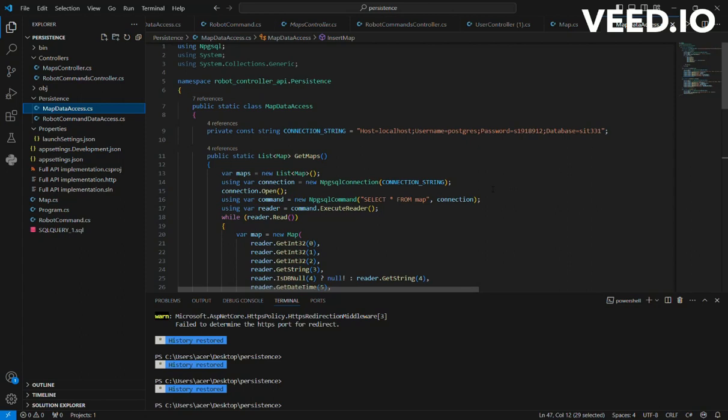Now the reader variable reads all the values of the map stored in the command variable. I have set up a loop to read all the properties or parameters of the map object. Then I have added this map into the list of maps and the list is returned in the end. Now similarly for the next function,